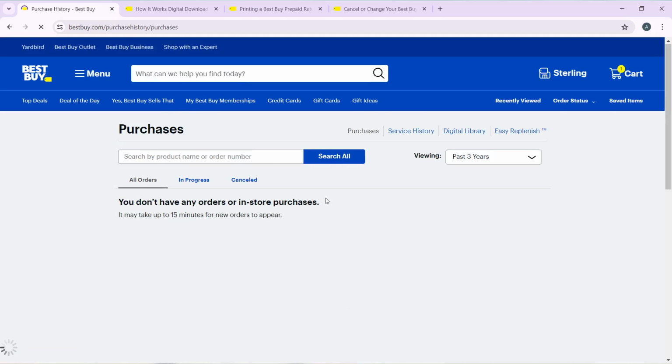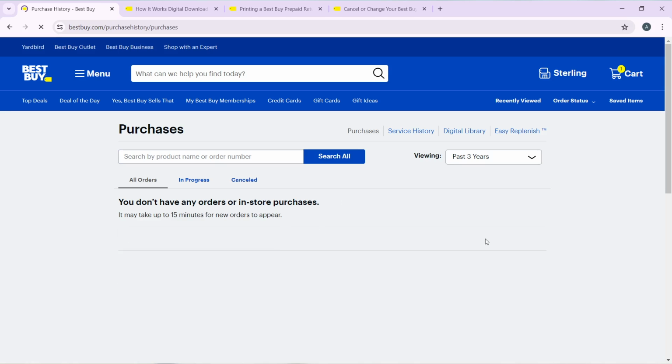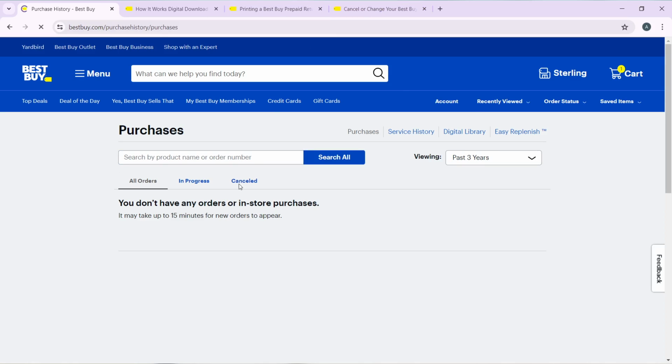So from here, let's see how we can cancel an order on this page. If you have an order, you're going to find your order here. If you haven't had time finding the specific order that you want to cancel, you can head over to the search bar and search by product name or your order number. So this is how you can cancel